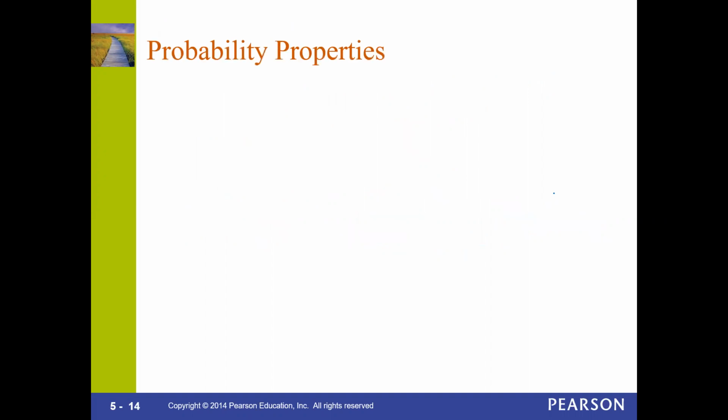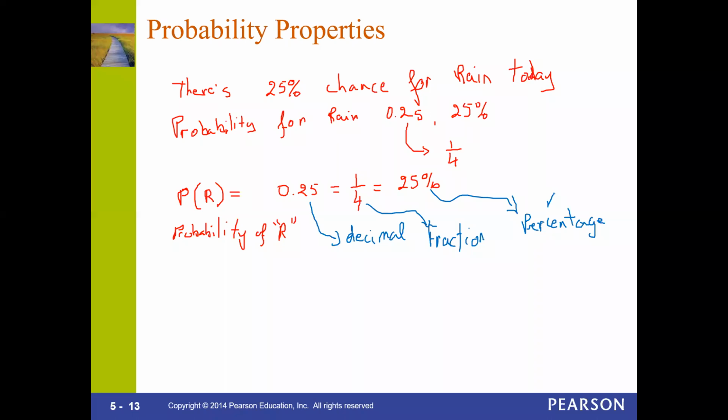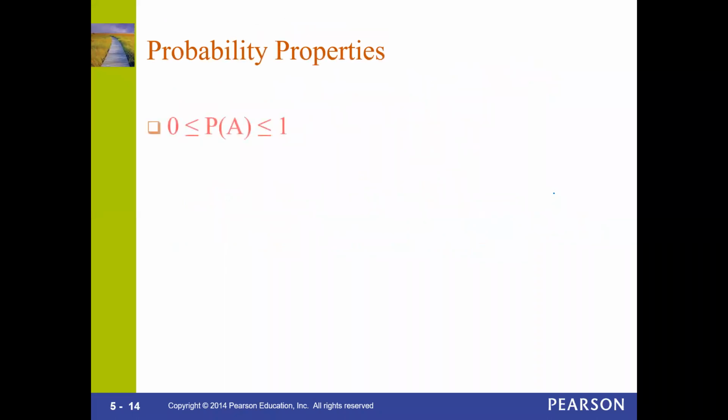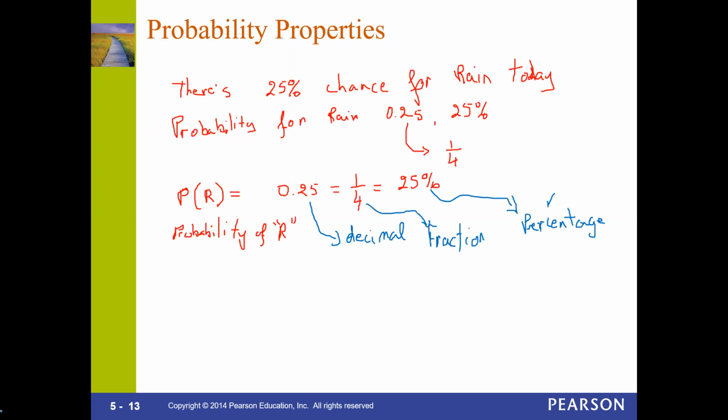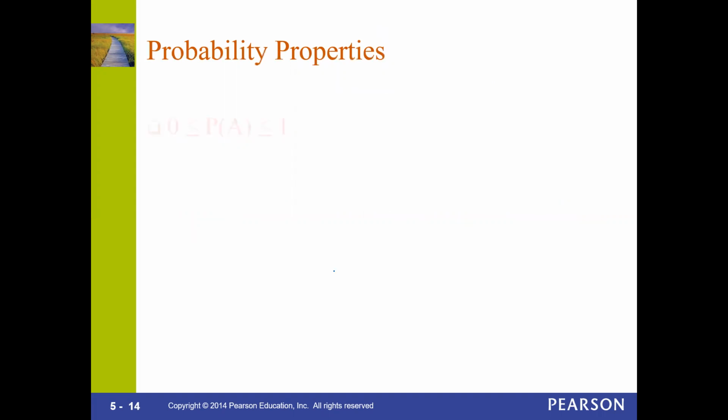I have 2 pages for probabilities. First of all, the probability of whatever the event. First, let me go back again. I probably forgot to say that word. In this case, R is also called an event. The event we're talking about is the rain. That's the event.